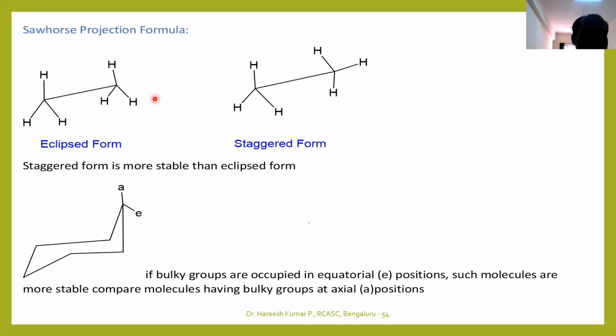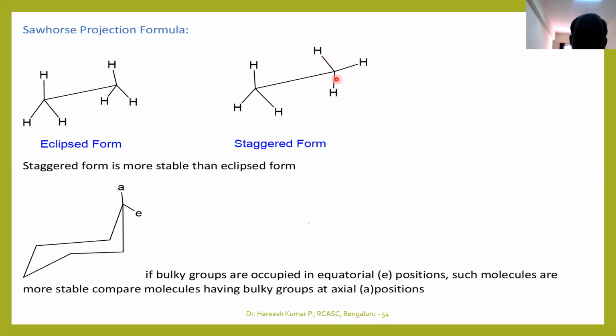Okay, and when you are rotating 180 degrees, only this carbon, that means this H will come over here, this H will go to here, this H will go to that position. So that's what I have written here. Now you can observe that all the hydrogens are apart, and this will be the staggered form. And here this eclipsing is not there. You can observe that this is the H, here nothing is there.